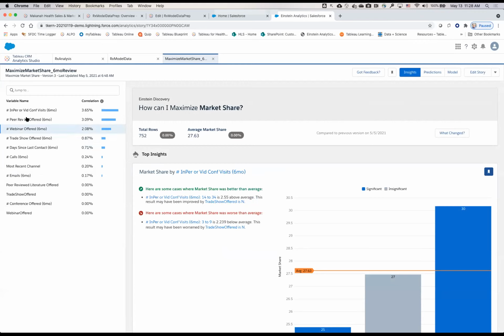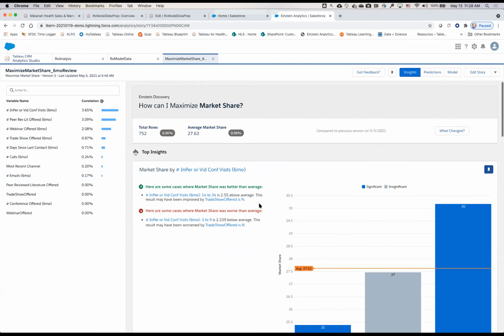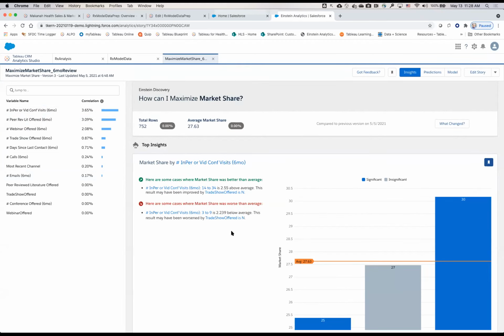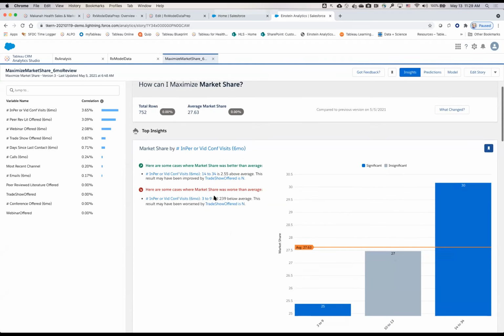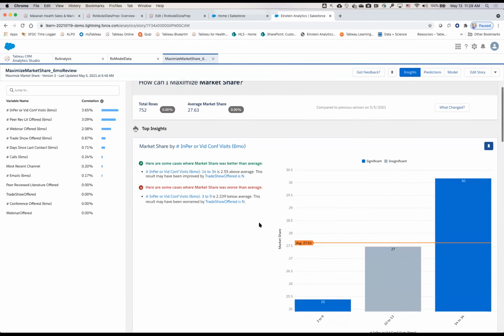So I can see over here on the left-hand side that my in-person and video conference visits is most highly correlated to increasing market share. The second most correlated is peer-reviewed literature being offered. Over here on the right, I start to see some different combinations of information that show significant differences from the general population. So in this case, offering in-person video